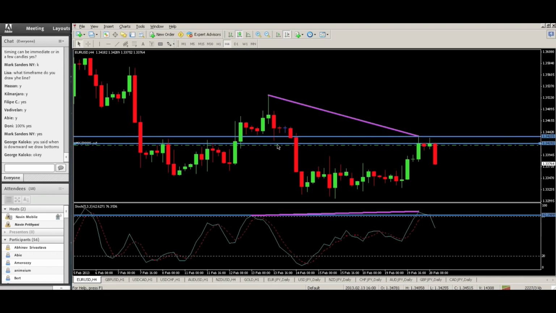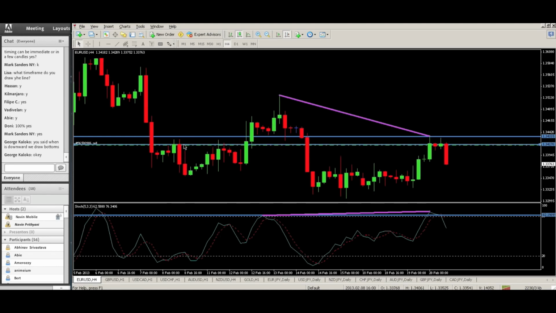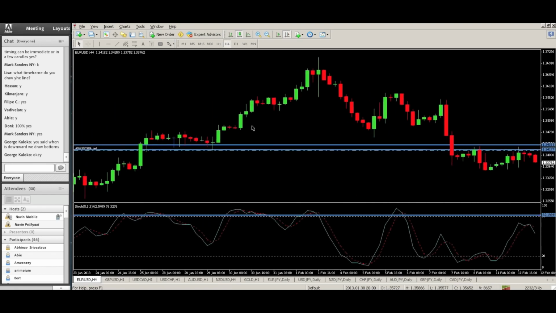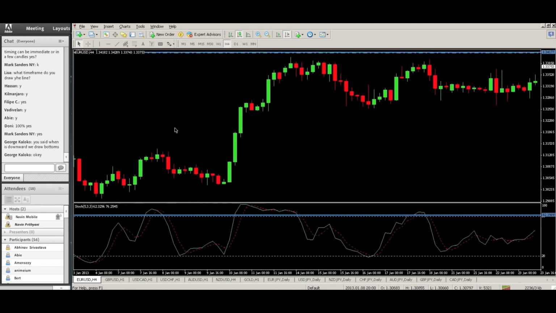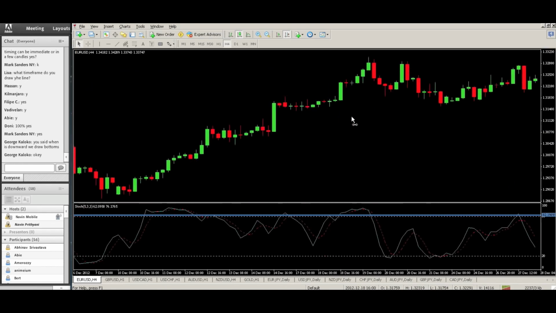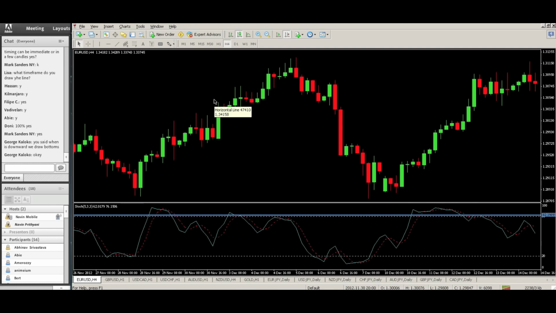I go back and I'm like, okay, we have a big candle coming out of here. We have a big candle coming out of here. We have resistance. Let's take it a little bit lower so we can cover the bodies. Okay, we have resistance. We have support. Let's go further back. Okay, so we have support again. We have a big candle break again. Okay, interesting. Let's go further back. Where are we going to end up?